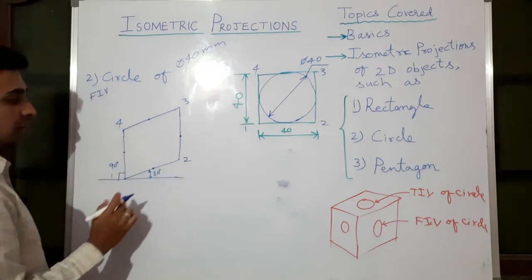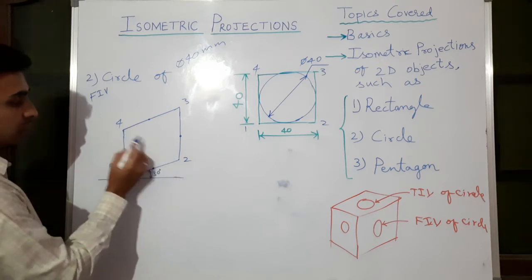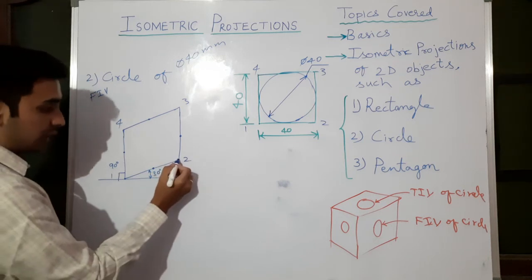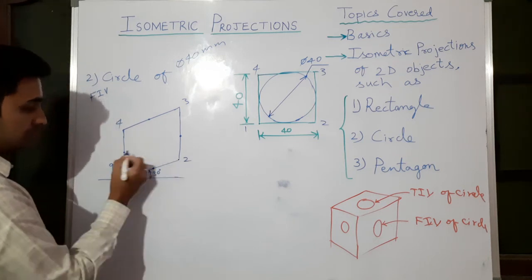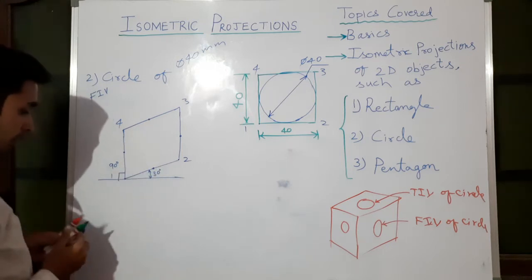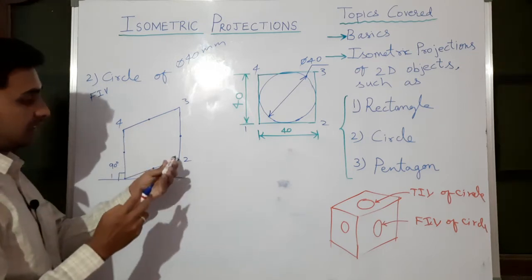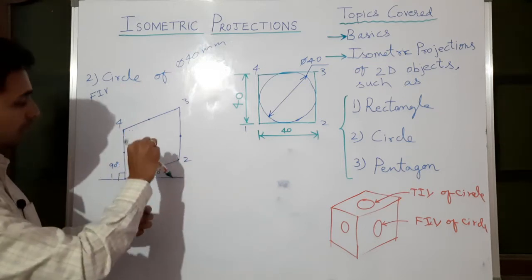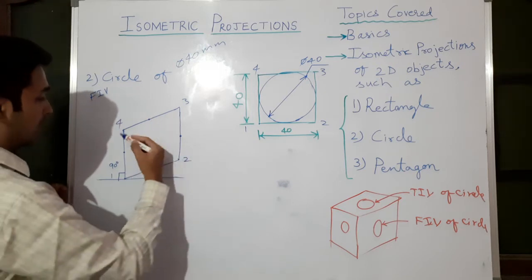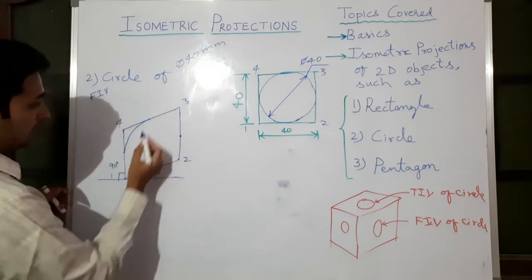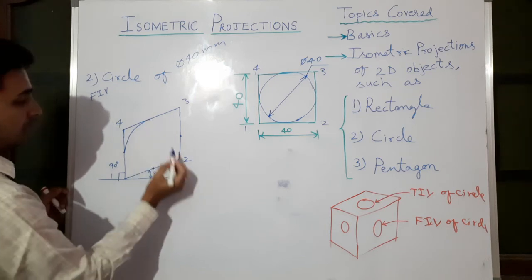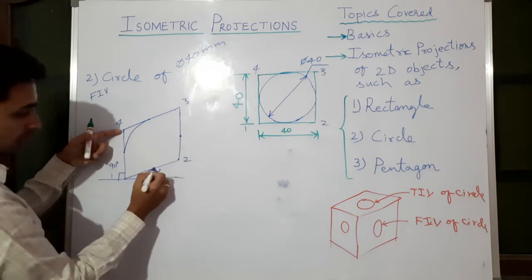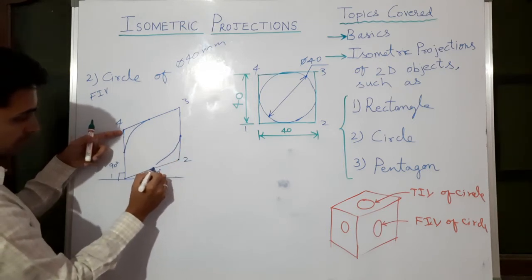After marking midpoints, see for the shorter diagonal. 4 and 2 is the shorter diagonal, 3 and 1 is the longer diagonal. So take 2 as center, radius equal to this midpoint or this midpoint, like this. Imagine 2 is a center, assume this is a compass, radius is this midpoint or this midpoint, like this you draw an arc. This is the arc from this midpoint to this midpoint, this is the center. Same thing you do from this side, center, radius this or this, both are equal, join an arc like this.